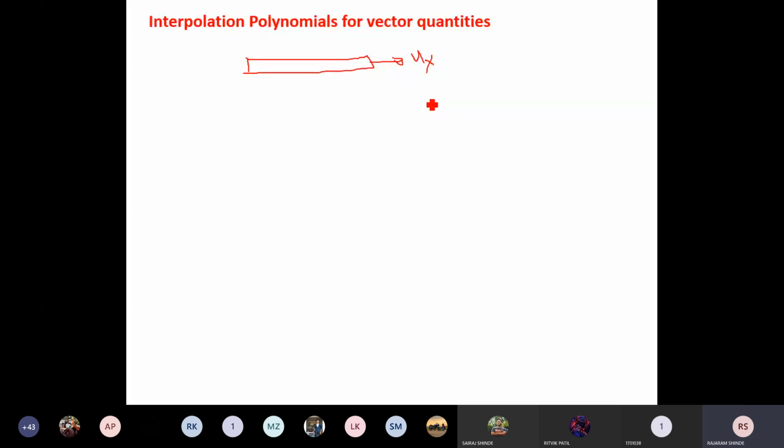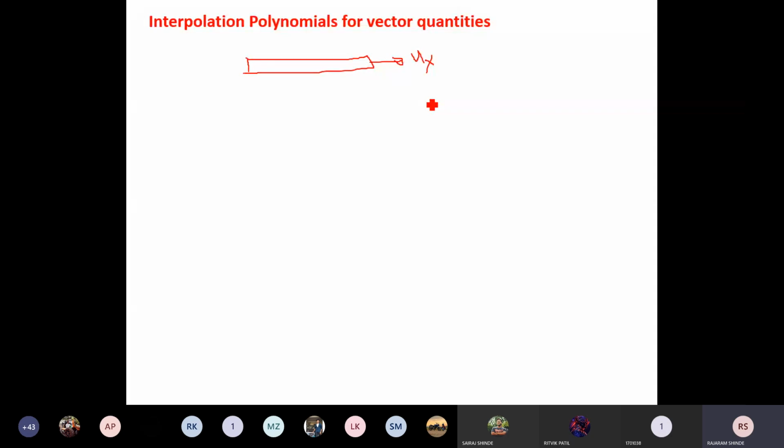But this is acceptable for one dimensional problems, because for one dimensional problems our displacement is varying only in one direction, not in more directions. Because when we consider the tension compression elements, it is varying in only one direction. When we go for beam elements, it may vary in a number of directions.